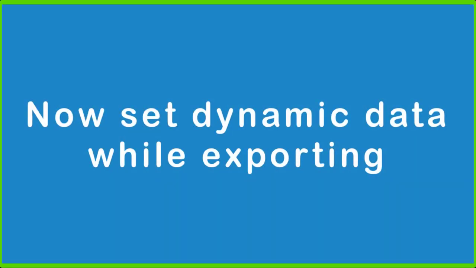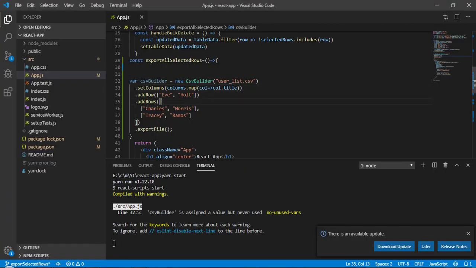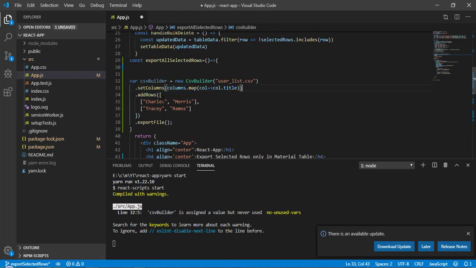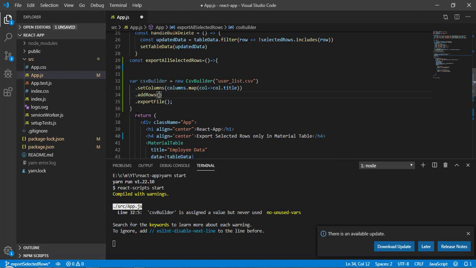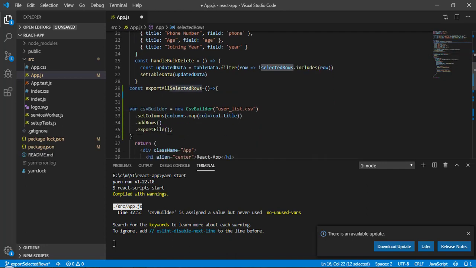So let's come back again, and here we don't need single data, so we can remove this line. And as you can see, this particular part has to be a single object, and this is the single object, but here we need an array, and overall this is going to be an array. So for that, we will get all our data in selected row. Okay, so here let's start looping through this.